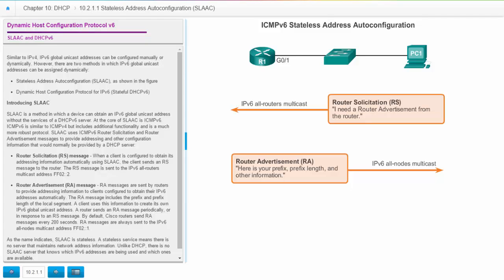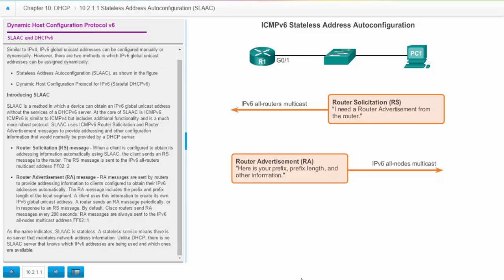There is the stateless address autoconfiguration, which is SLAAC, shown in the figure to the right there, or we have Dynamic Host Configuration Protocol for IPv6, and it's stateful, so that's just DHCP version 6. Now the SLAAC at its core is ICMP version 6. And what it does is it allows you to get a global unicast address without your DHCP server for version